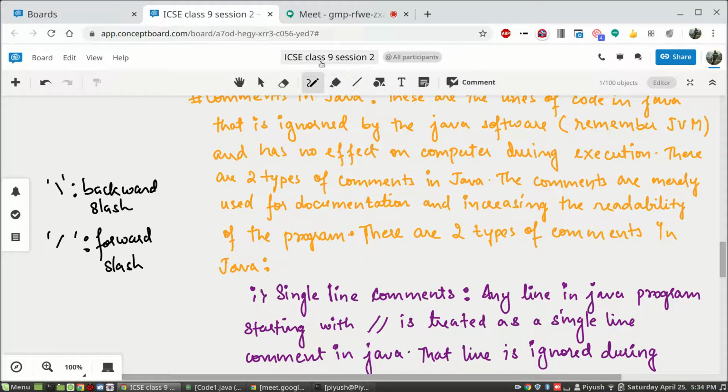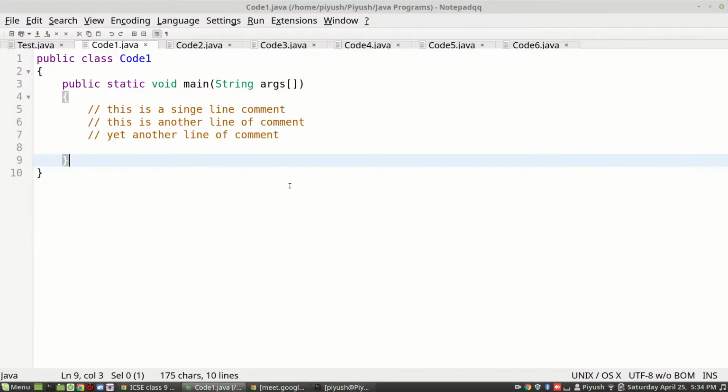Your computer won't do anything. It will understand that it is not for its purpose. It is only for the sake of documentation and better maintainability of the code.